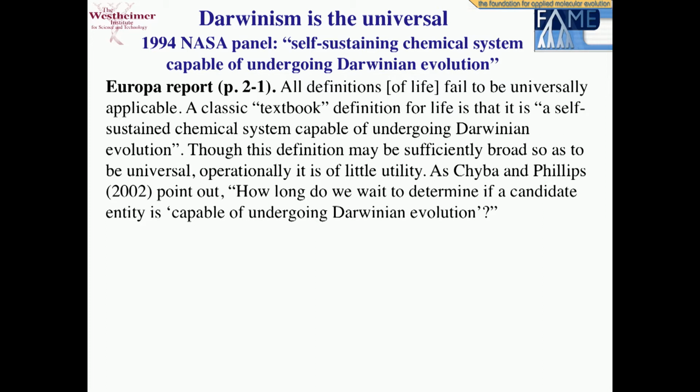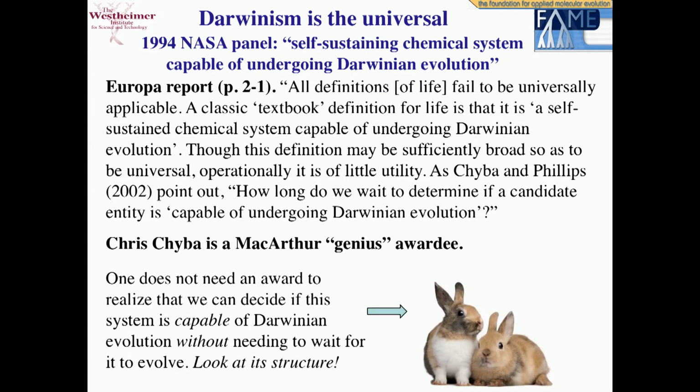I'm quoting now from the Europa report, who pointed out that Chiba said that, well, this is not a very good operational definition, even though it may be sufficiently broad so as to be universal. Because the question is, how long are we going to wait to determine whether the system we have in front of us is capable of Darwinian evolution? Well, the answer is you don't have to wait, right? The facts are, and by the way, Chiba is a brilliant guy, but you don't have to wait very long